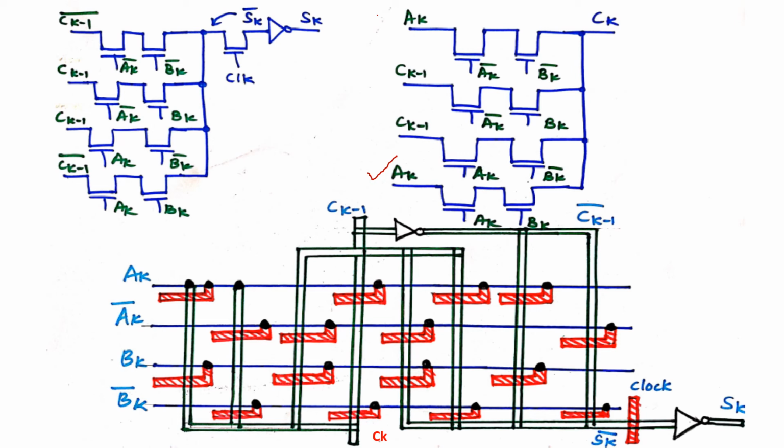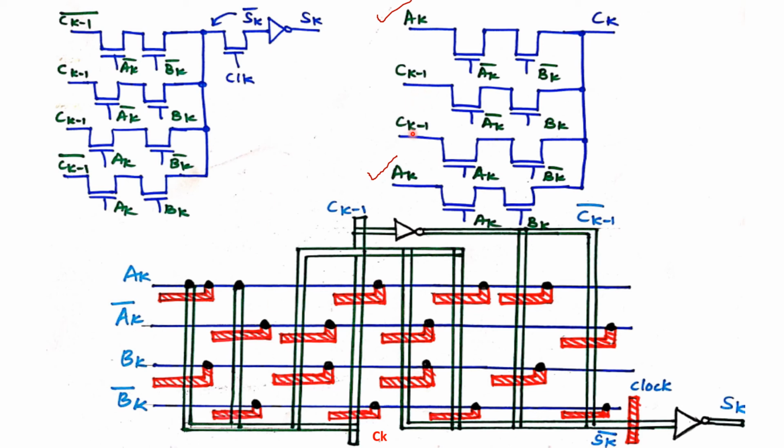Similarly, we implement this one next. So again, when the gate inputs are 0, 0, it is A bar, B bar, carry output is equal to A again. So A is passed if the gate input for a pass transistor is A bar and the other gate input is B bar, A will be passed to carry output.